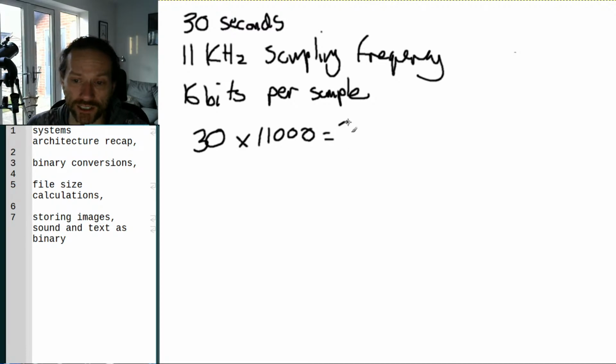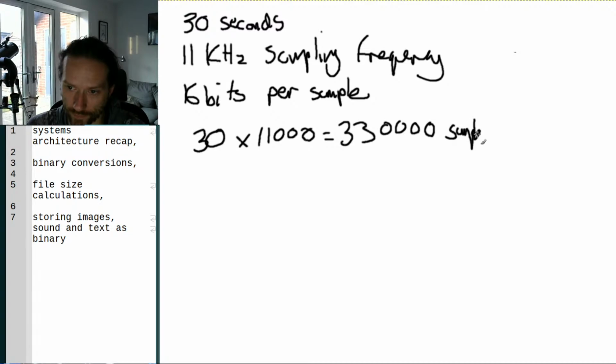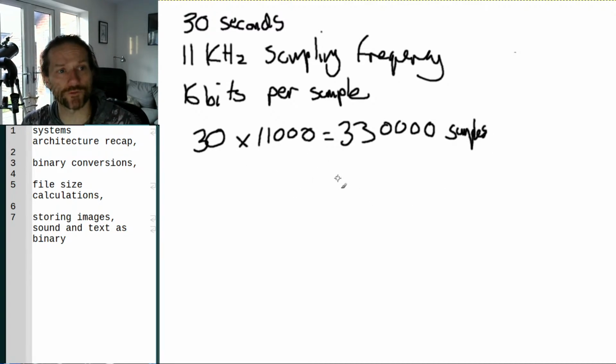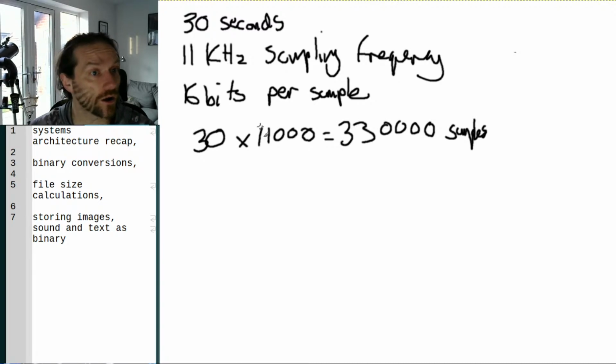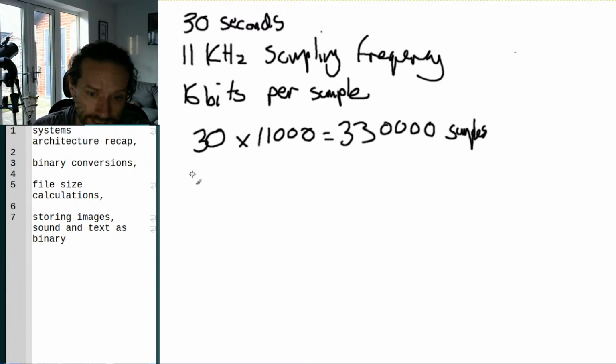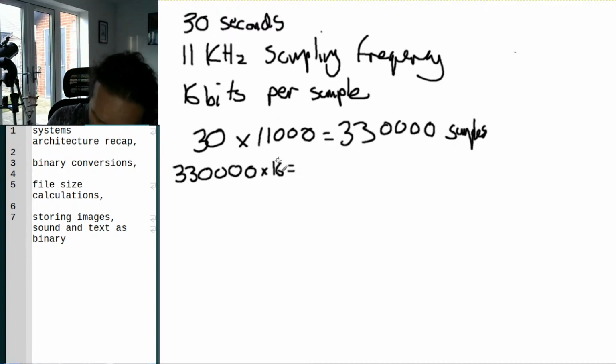That means there is a total of 330,000 samples. Well, we know that there's 16 bits per sample, so we just have to multiply 330,000 by 16. Okay, and 330,000 times 16